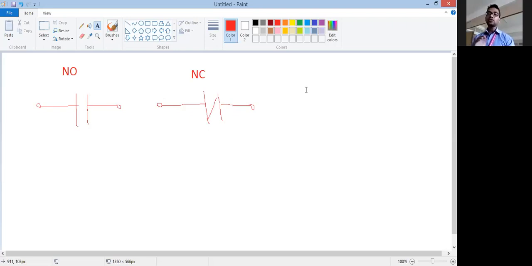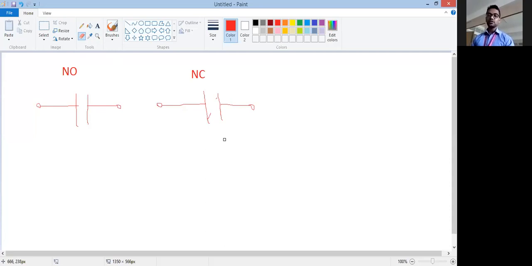Okay. When a certain condition occurs and you do not want current from left to right, then what will happen? Logic 1 is given to NC. So logically, this NC becomes NO when logic 1 is given.